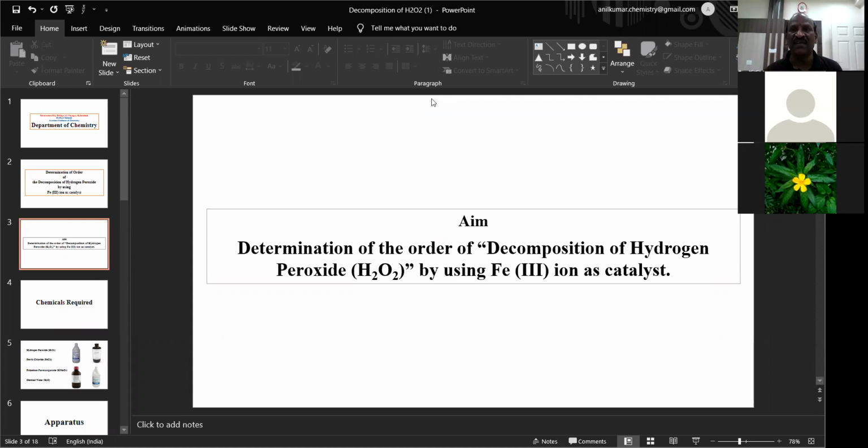From our side, we are very clear. We are giving all information. We are completing the total syllabus without missing any topics. That's why you should be prepared, because you are outgoing students. You must have some subject knowledge; with the subject you have to come out. For hydrogen peroxide, if you attend the class you will get some idea. That is very, very important. So inform your friends to attend these classes.